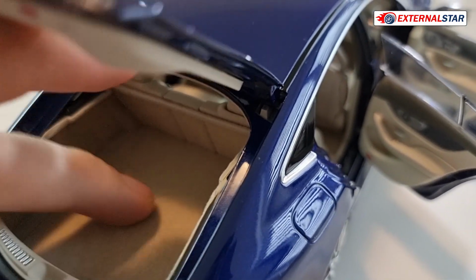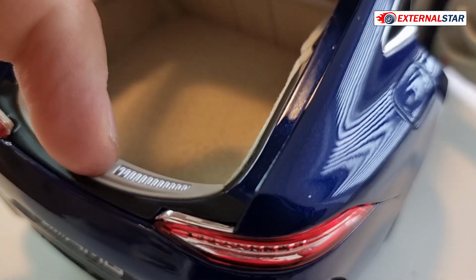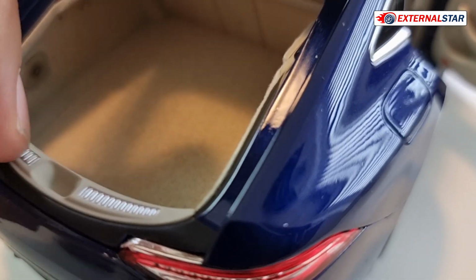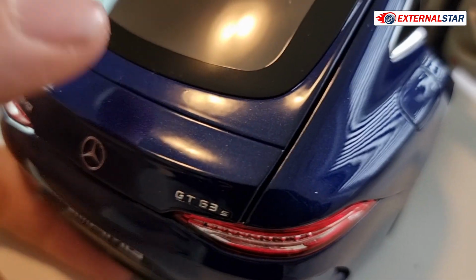Nice carpeting, very soft and nice color. We have also here this cover to protect it. Yeah, we have the protecting metallic pieces, a nice chrome. So this is okay. Yeah, so now when I close it, because it's not really working, maybe here also the